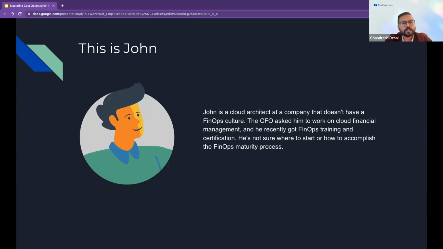The CFO asks him to work on cloud financial management, and he recently got FinOps training and certification, but he doesn't know how to start the FinOps journey in the real world. So I can show you how this strategy works using the FinOps maturity model of crawl, walk, and run, using John's story. Let's understand that.